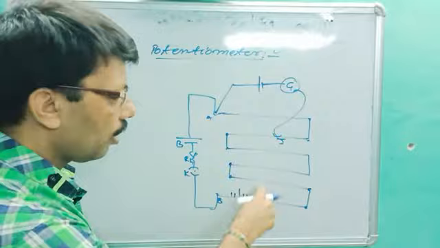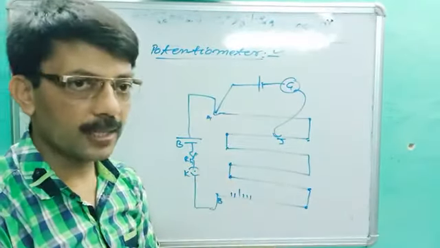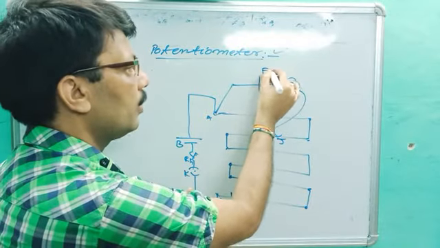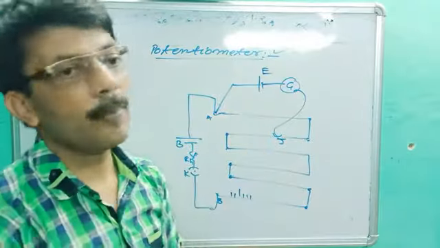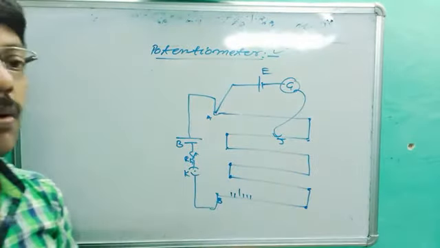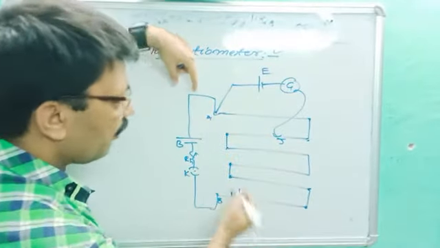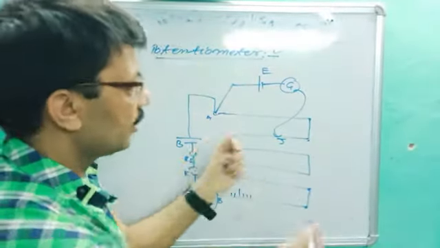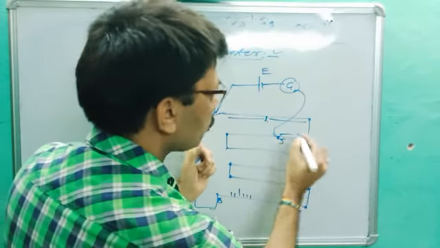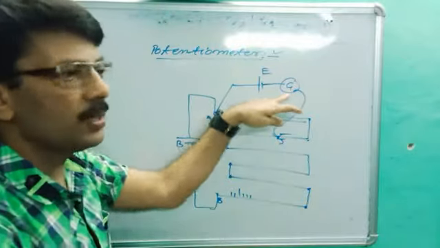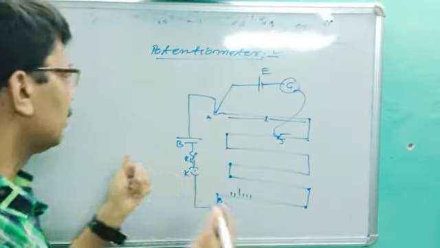It is made by a number of wires, has an infinite resistance, based on null deflection. This is the cell, and the EMF of the cell is E, by which we can find out the EMF of the cell. That is called potentiometer. We slide the jockey from A to B until null deflection. Let's suppose at point J, the length of wire is L, and we are getting null deflection. It means the galvanometer deflection is 0. Then you have to stop.